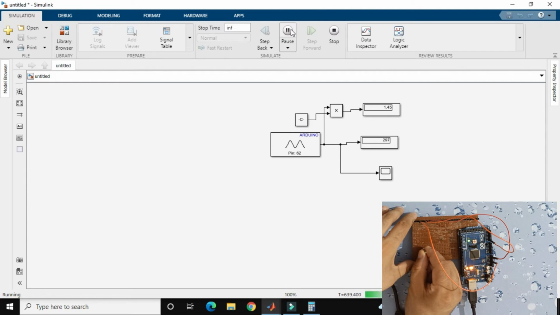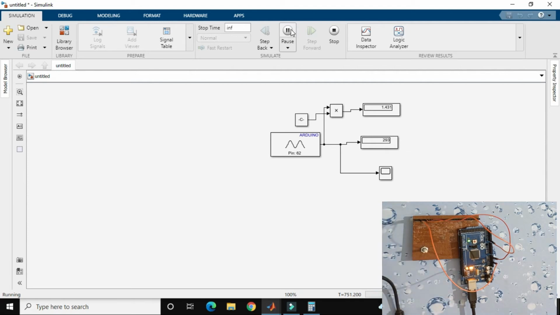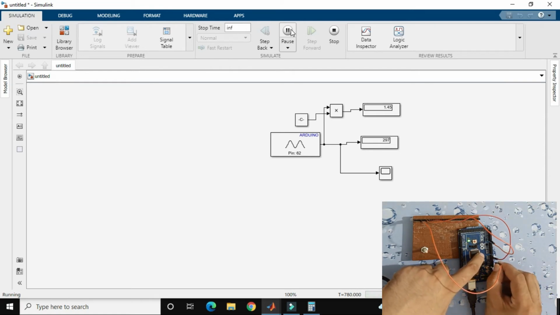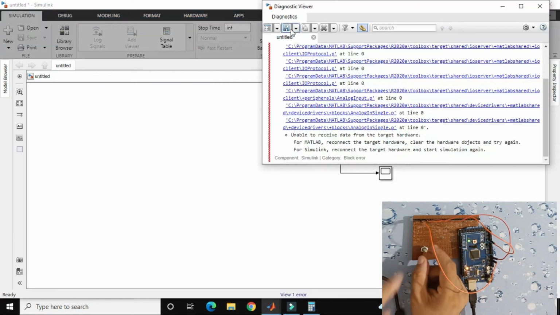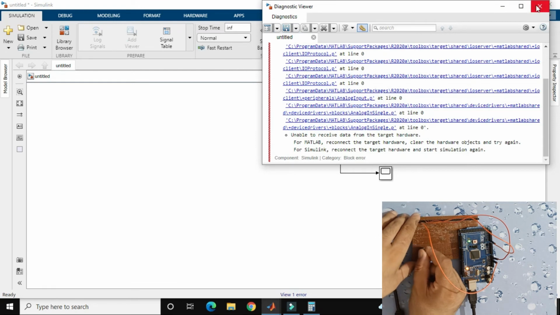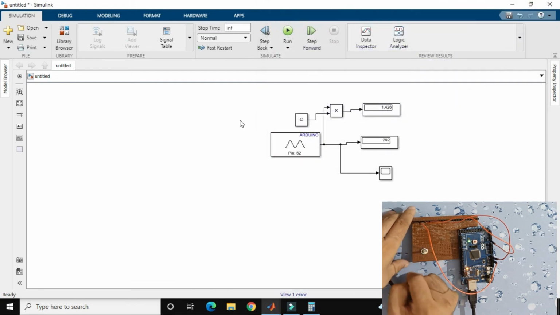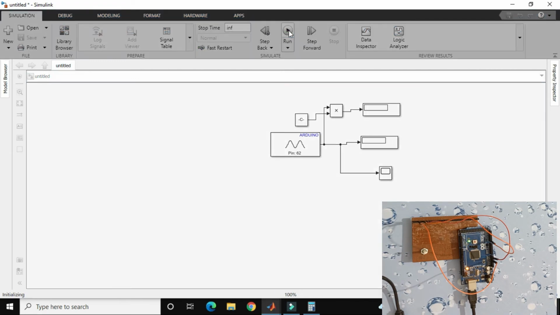Right now it is connected with the 3.3 volt, so the calculation formula is wrong in this case, so I shift to 5 volt. Now it is connected to the 5 volt, and as you see, when you change the ports, your program will automatically stop, so you have to run your program again.